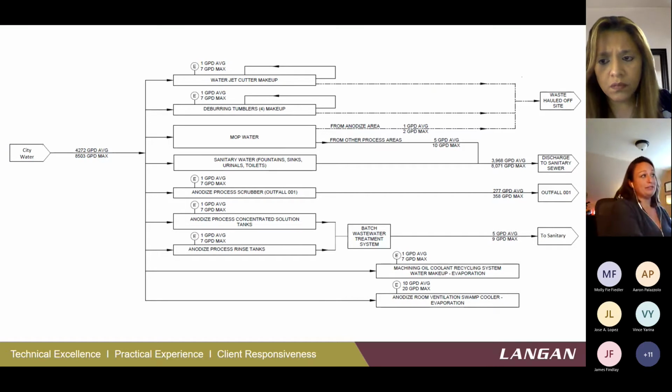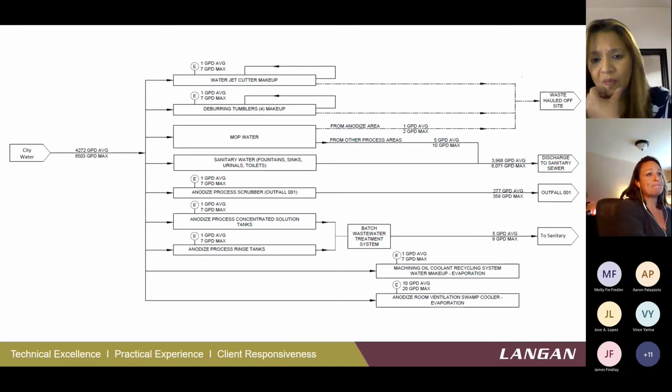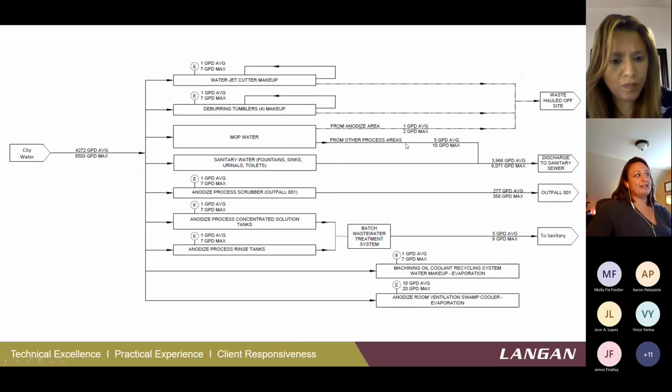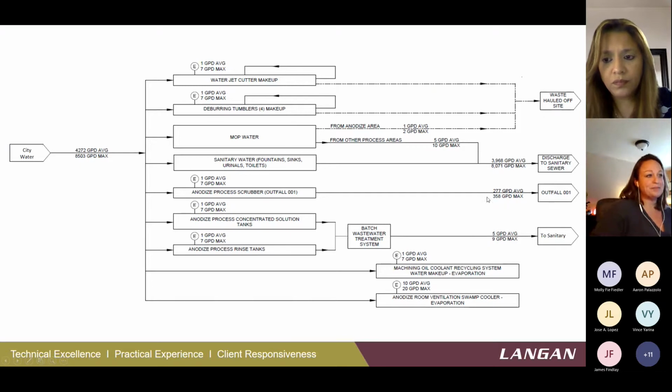So those are just a couple examples of complicated balances versus pretty simple balances. Another thing of note is that as we're going through identifying the processes and how much water each of them uses, we're also identifying points of reuse. So in this case, there's some recirculation, and also waste that's hauled offsite versus discharged, versus maybe discharged to a separate outfall or monitoring point. In this case, there were 3 different ways this facility discharged. And then there's evaporative losses as well.